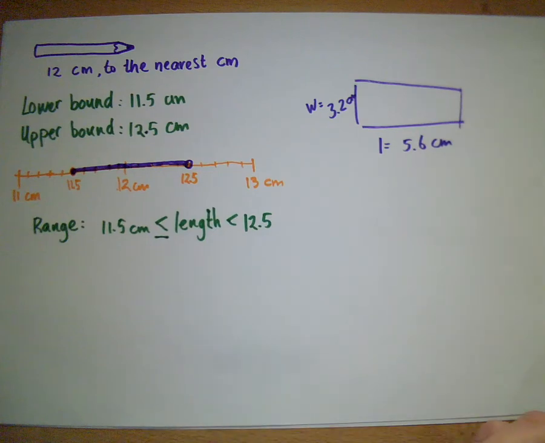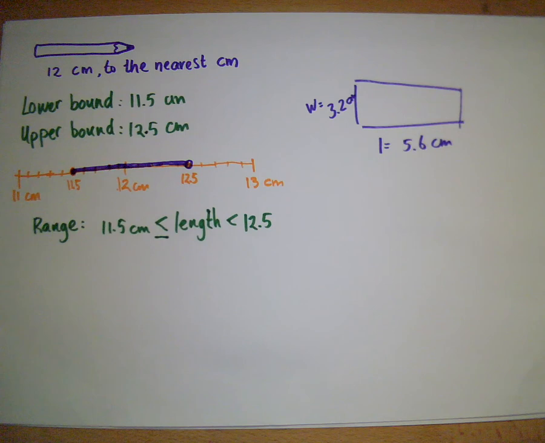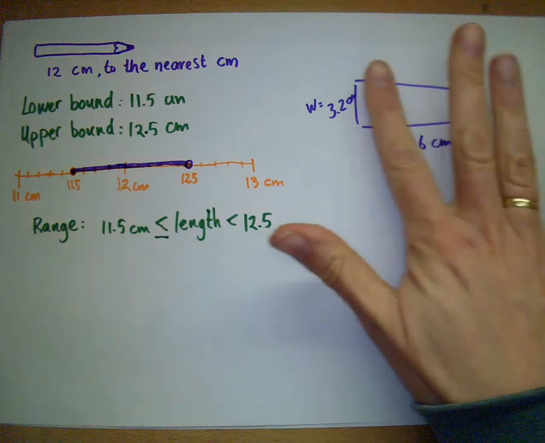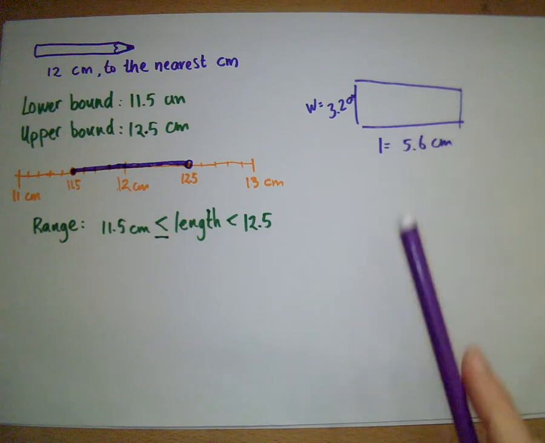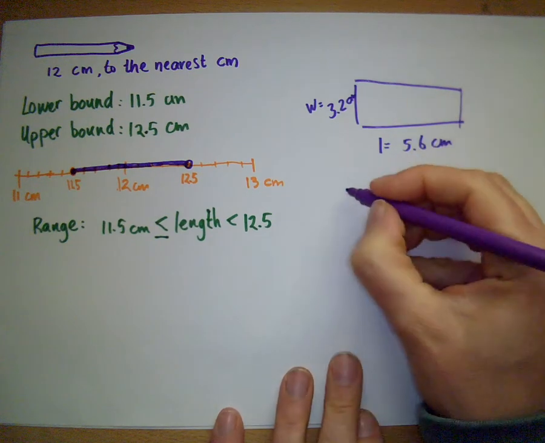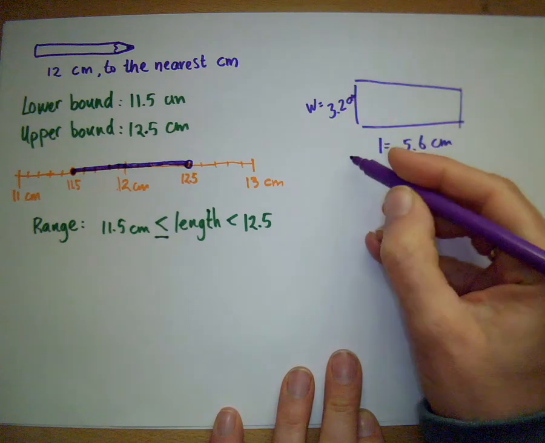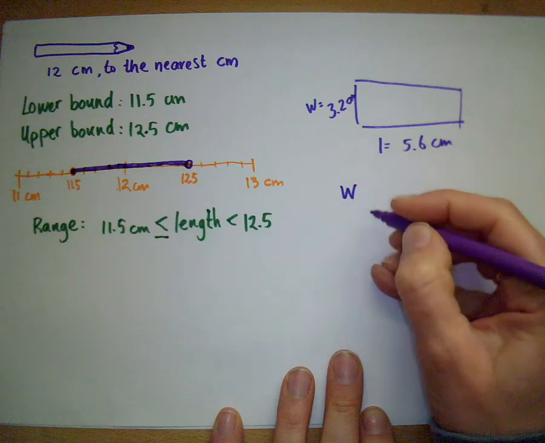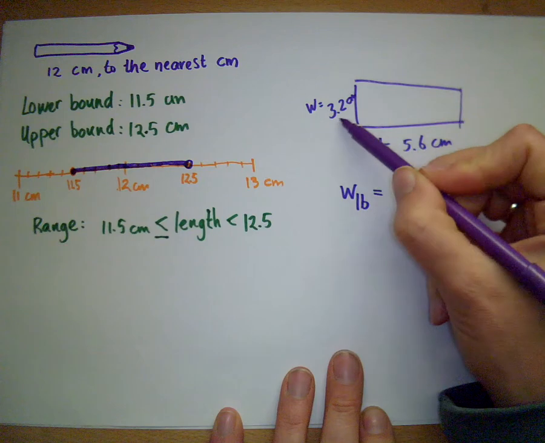Now, if I were to ask you, what is the lower bound of the area of the surface of my eraser? What is the lower bound of the area and what is the upper bound of my area? First, I would have to write down what the lower bound of the width is. I'm going to write width lower bound. The lower bound of my width is